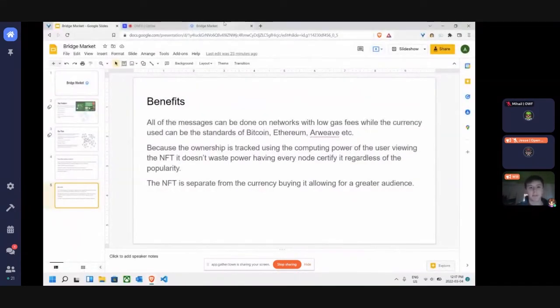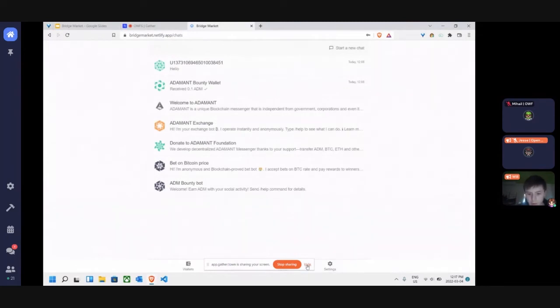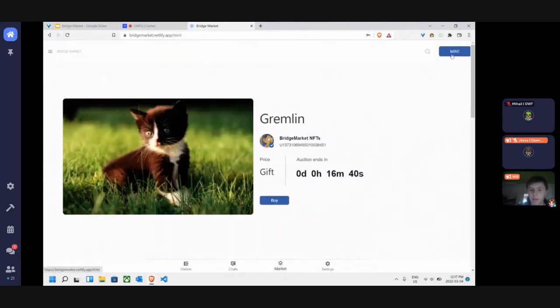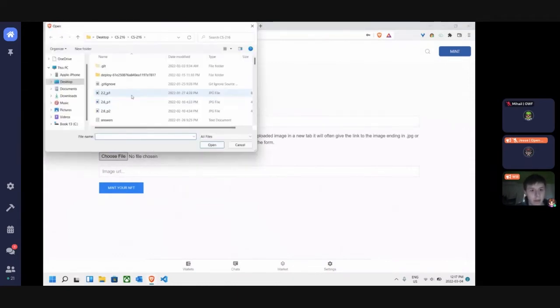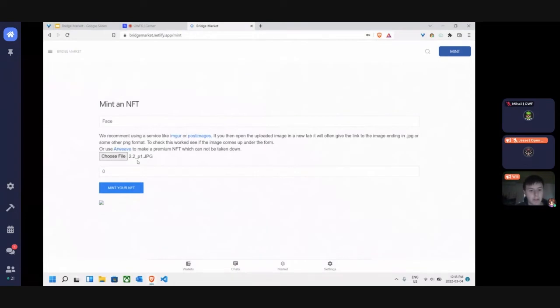So I guess I'm just going to give a quick example of how this kind of thing will work. So I'm going to mint an NFT. I don't know what I'll call it. I can choose any file I want. Sure, my calculus homework, why not? And then it's just getting uploaded to Arweave. Should work if my internet works. Awesome. All right, and I will mint my NFT.